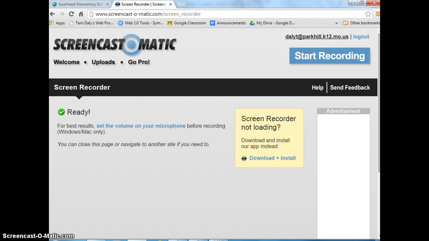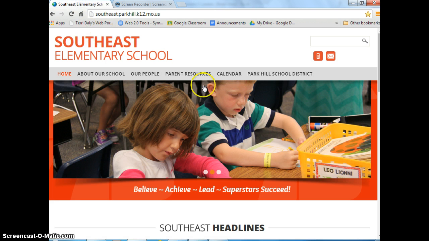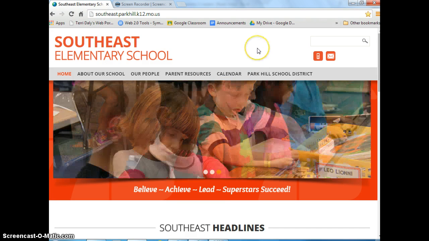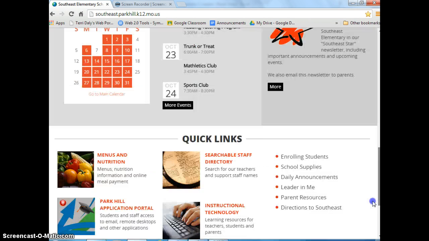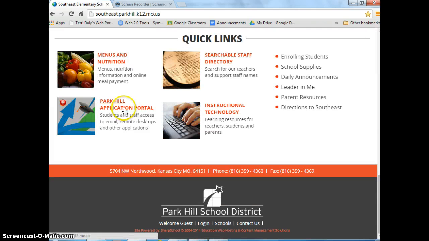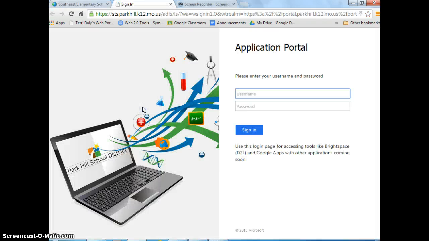So I'm going to show you the new way to get to Google Drive without having to import bookmarks. I just found this out yesterday. So I'm going to go to Google Chrome, and this website's going to come up. It's our Park Hill Southeast School website. Scroll all the way down to the bottom. There is a button called Park Hill Application Portal. So look for Portal and click on that. You're going to log in,